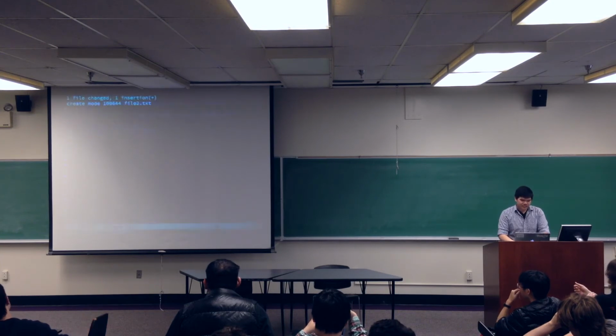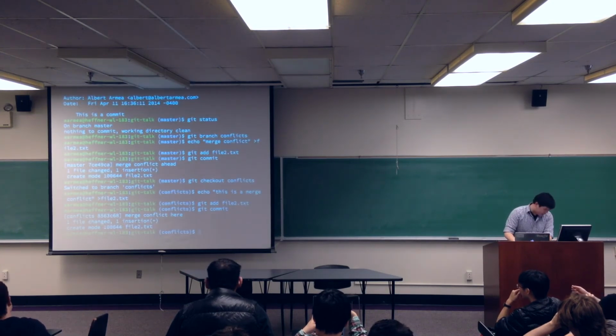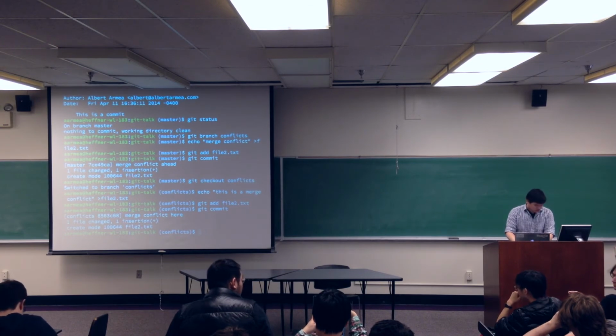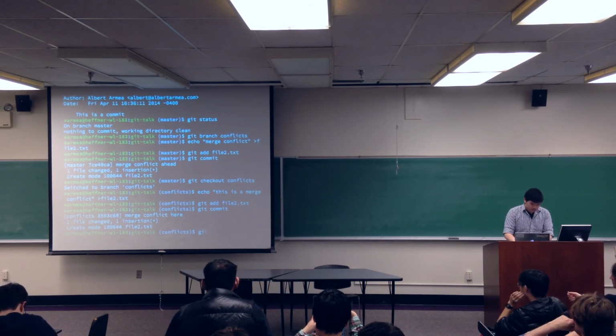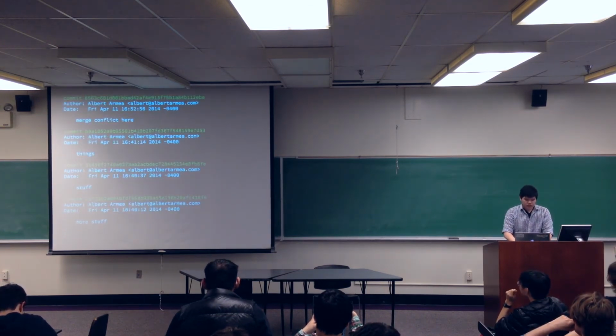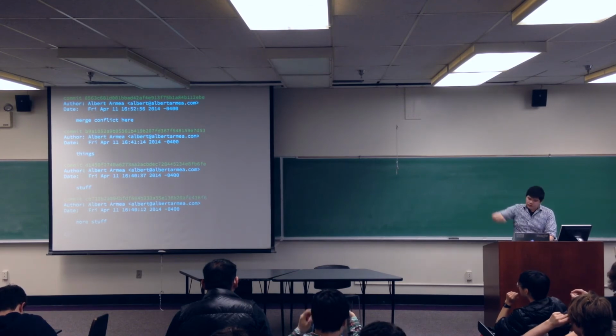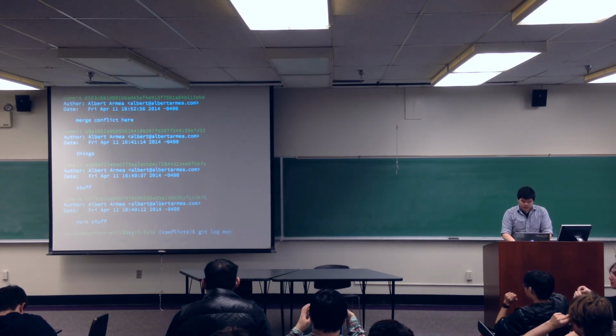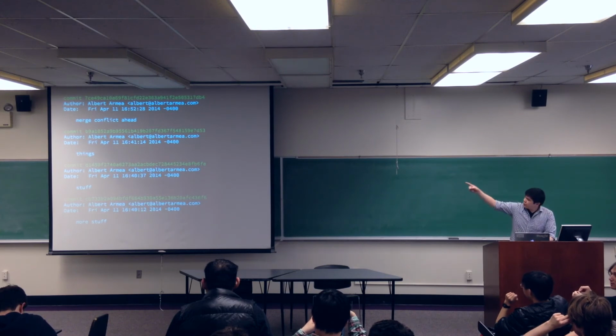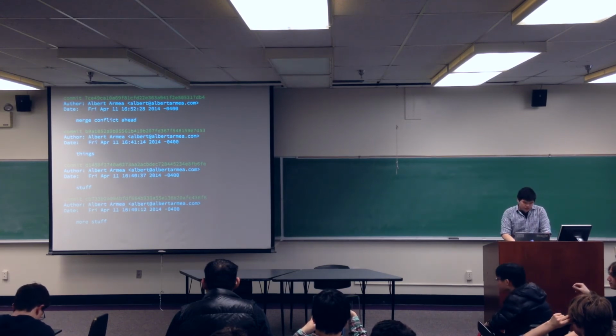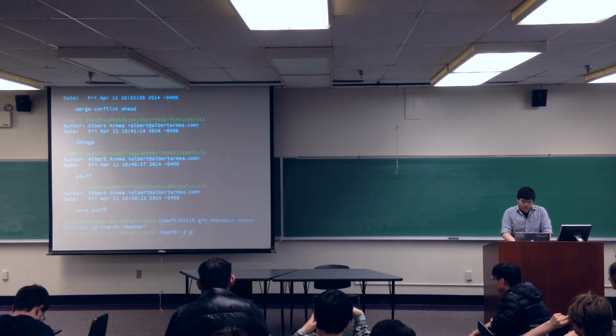Can't type today. Right, so we have that. And so if we look at the log, right, so we have that commit, master, so we have two different commits there. And so if we switch to master and try to merge them,